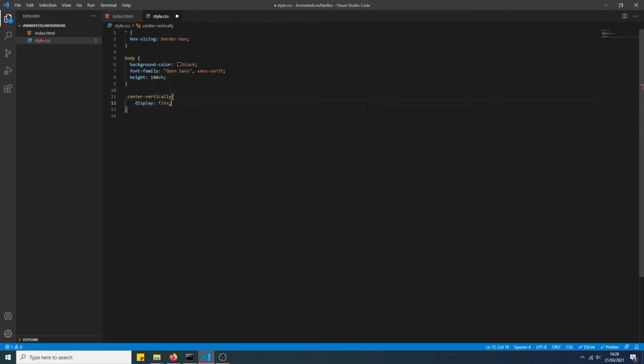So display will be flex. The flex-direction will be column, and then we're going to say align-items and justify-content. Both of these will be center, so it'll be centered both horizontally and vertically, and we want to set it to be the same size as the body element, so we do width and height 100% for that. And then if you refresh the page now, this is going to be centered, but the problem is we've